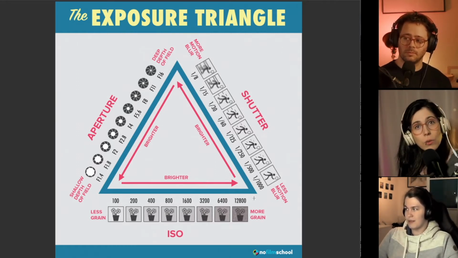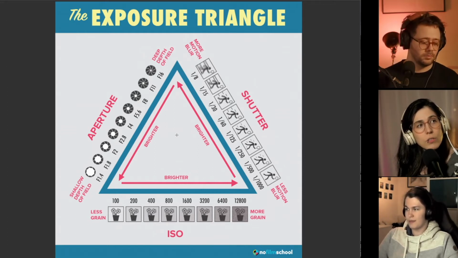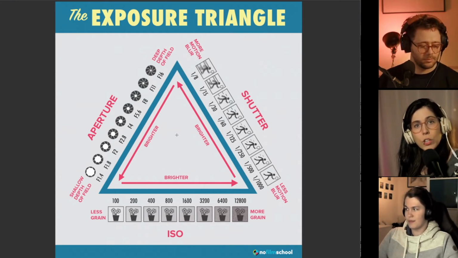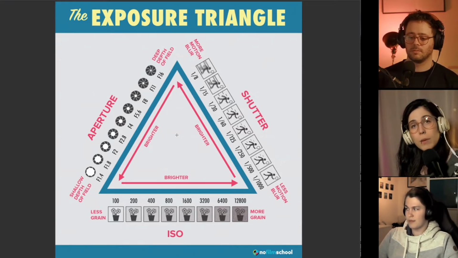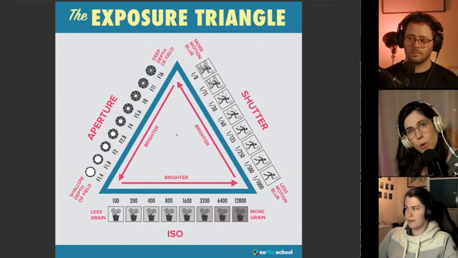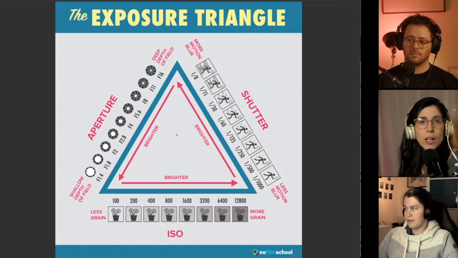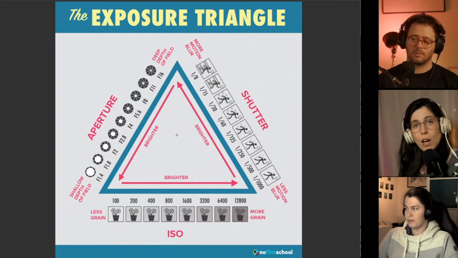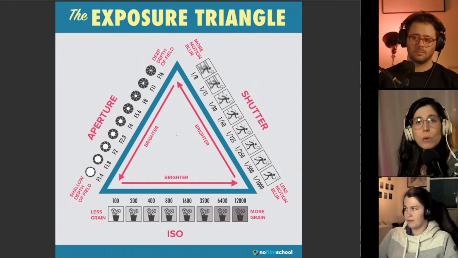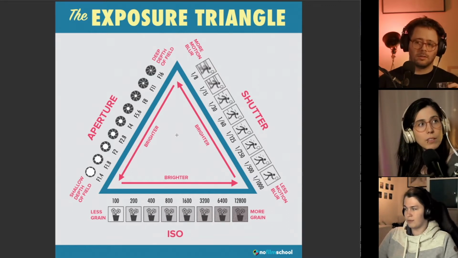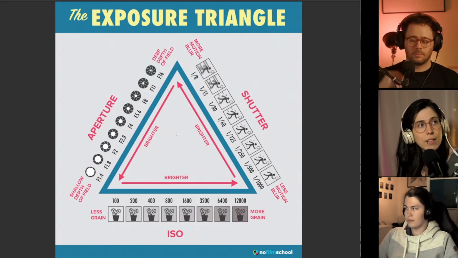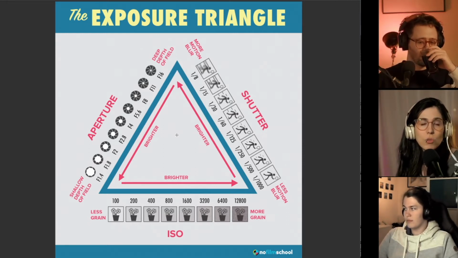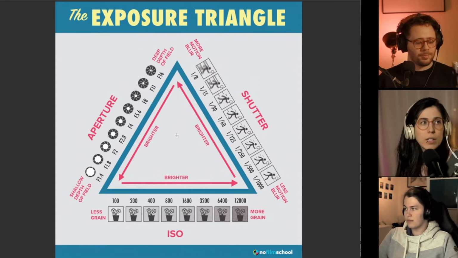So getting to know these three settings, or these three characteristics of the exposure triangle, will not only allow you to get the right exposure on your picture, which is important, although you can always modify that to be a little more high key, which is more on the overexposed side, or low key, more on the underexposed side. But knowing these three things and how they work will actually allow you to work with your photos creatively, implement what they can do in these settings and these scales from more to less, and then integrate that into the way you think about the photo you're going to take and compose your shot.